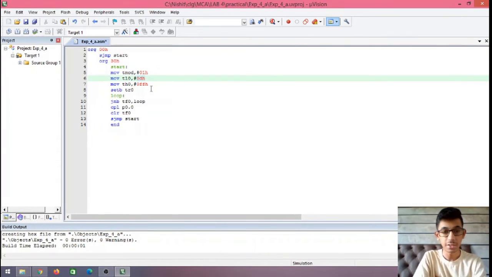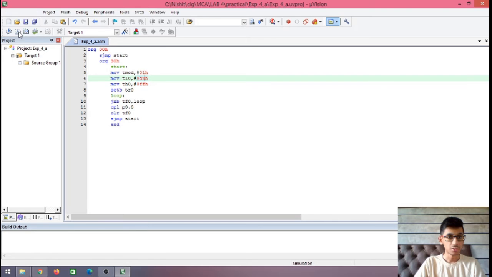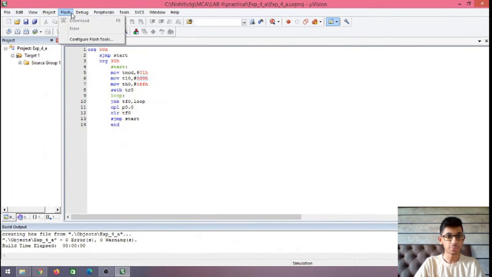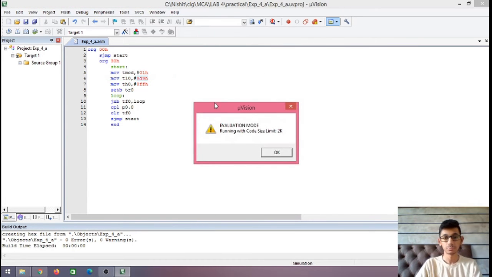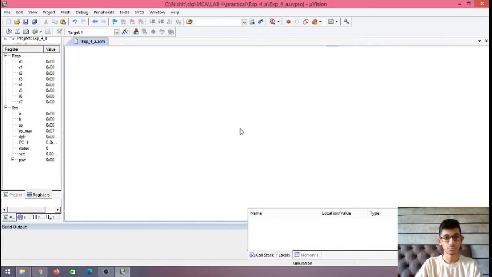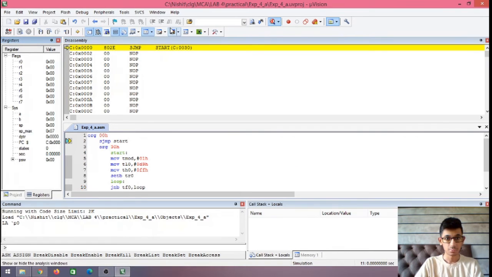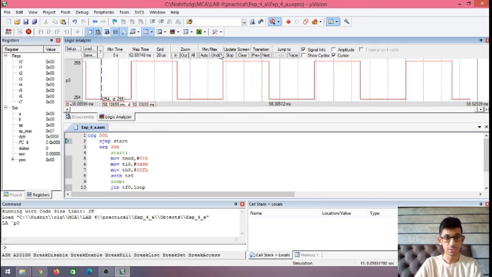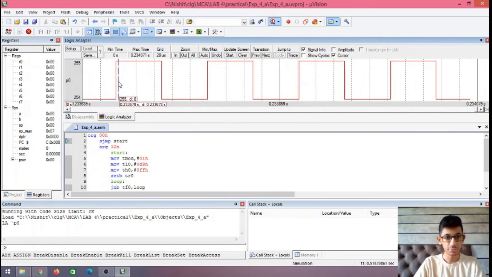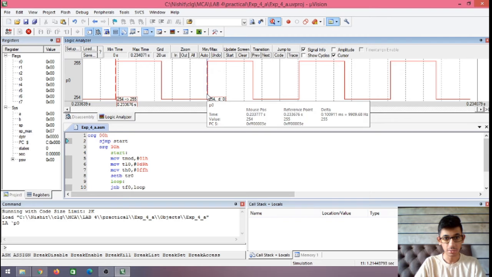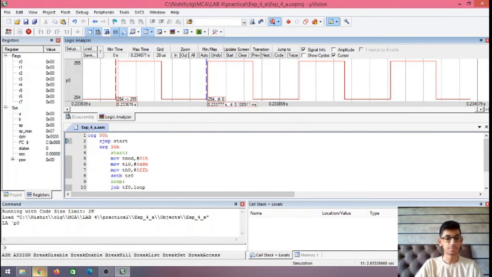So I have incremented it by around 7, as this will be 1 machine cycle, this will be 2, this will be 1, so approximately 7. So I did that there. Now we should get the wave and the frequency properly. Now let's run it. Yes, let's check the frequency. It should be 10 kHz. Yes, it is around 10. So this was our first part of the experiment.